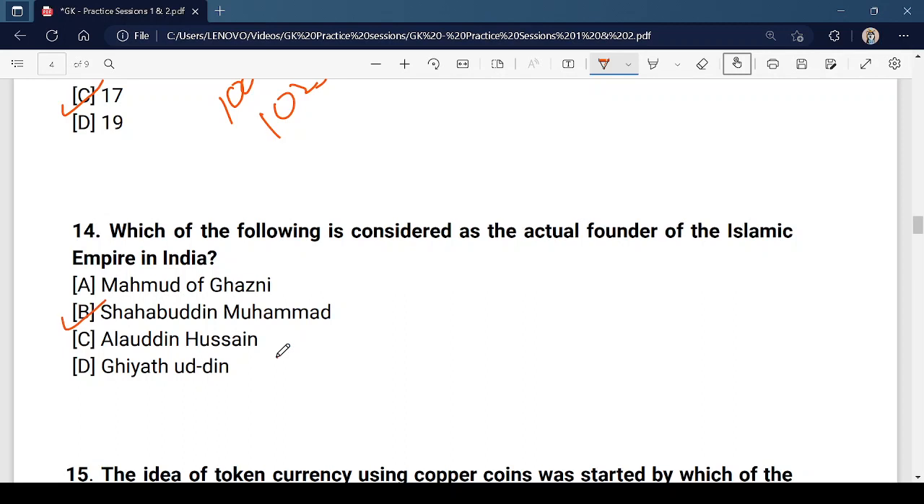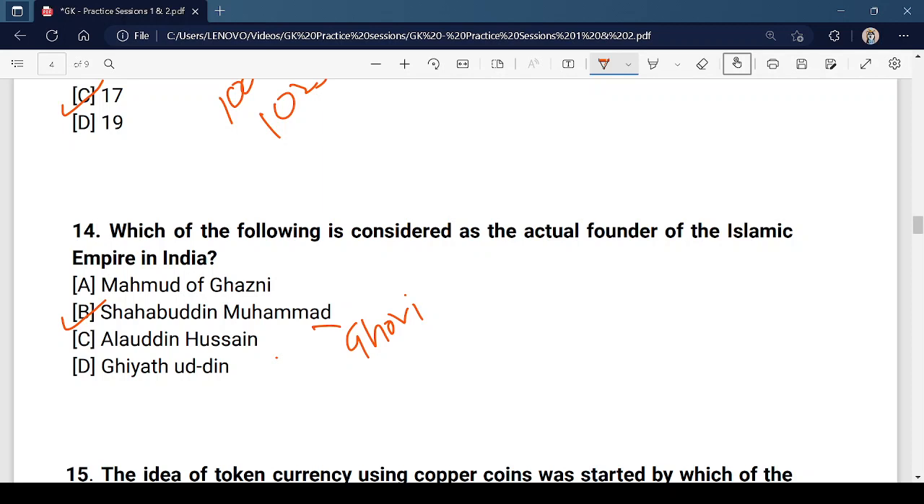Guys, do not get confused here, because Muhammad Ghori is also called Muizuddin Muhammad, Muizuddin Ghori, or Shihabuddin Muhammad. So Shahabuddin Muhammad is also called Muhammad Ghori. Remember that. A few options will be there to confuse you. Do not go with Ghazni, because his main motive was only to loot